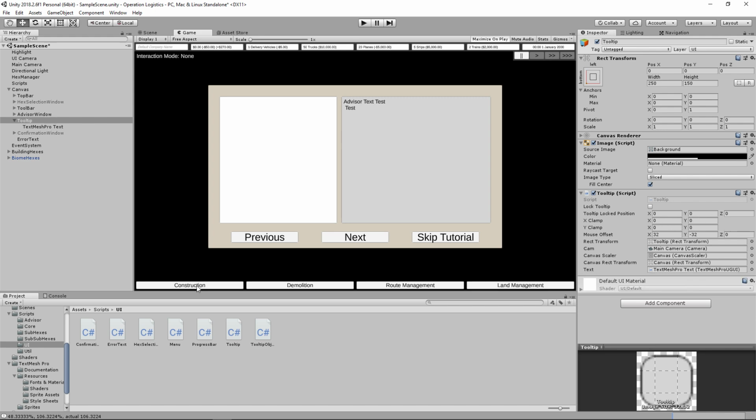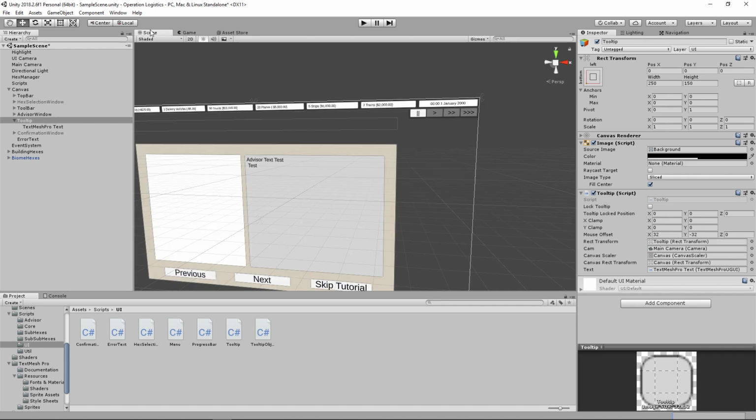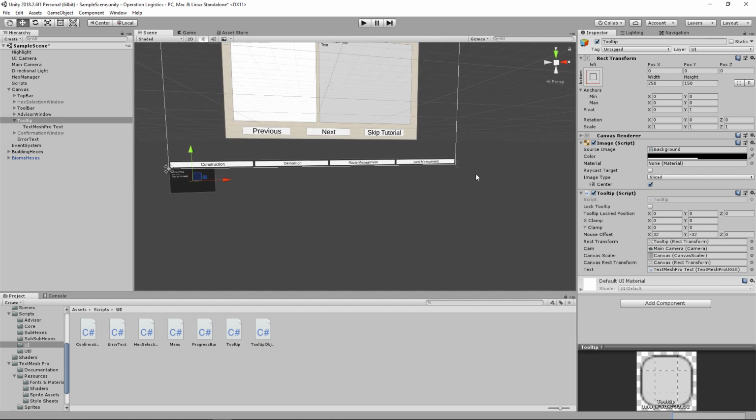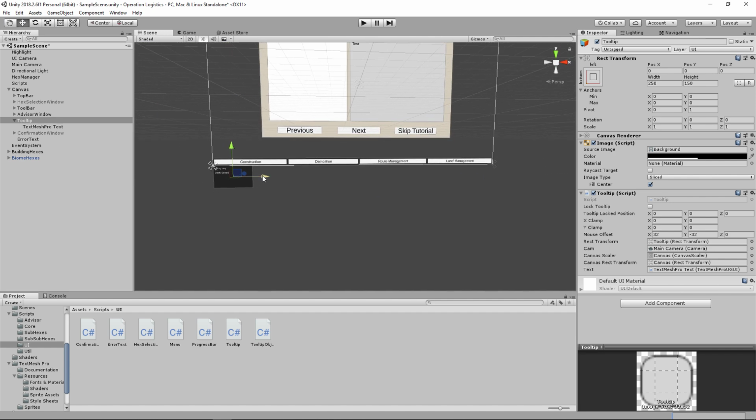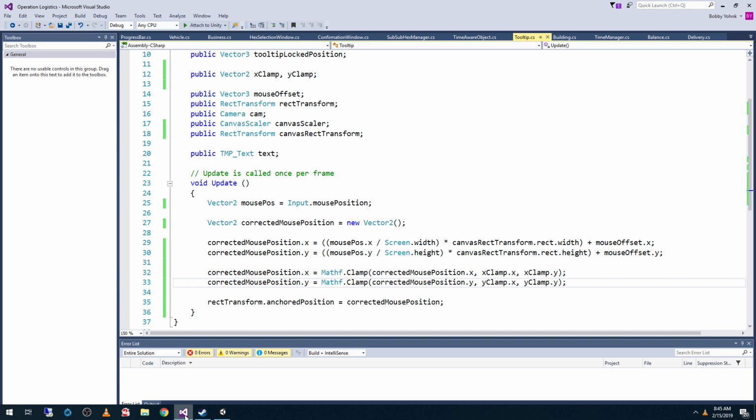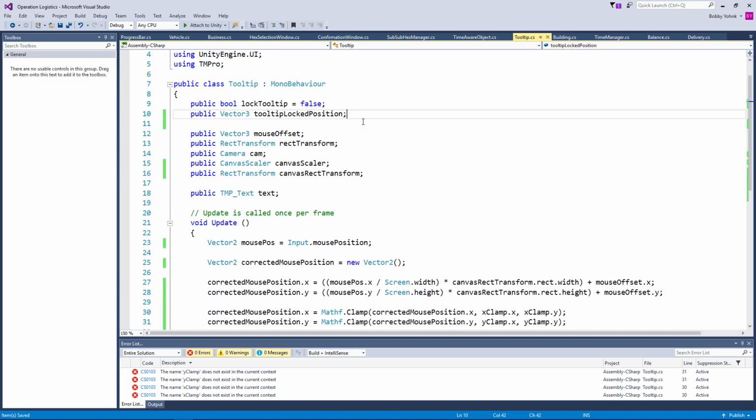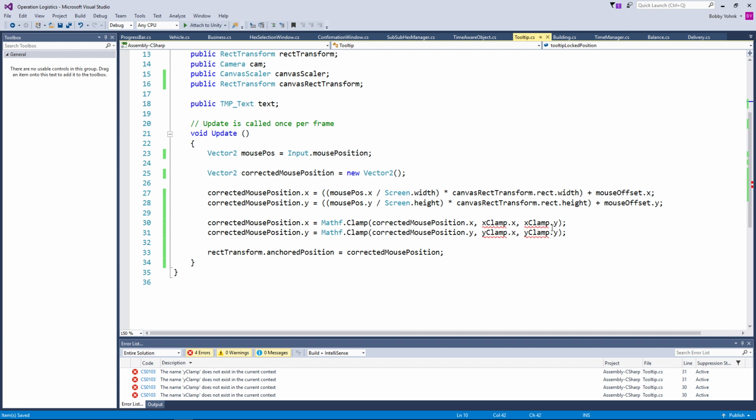So, our position of 0, 0 should be fine. And I'm just going to go ahead and clear out all of the debug data that I had going in there. That's now irrelevant. So our X-clamp should go from 0 to 0. And then, realistically, the Y-clamp should basically be... We can do this algorithmically. We can get rid of this, because we have a reference to the transform. So what we can do is say between 0